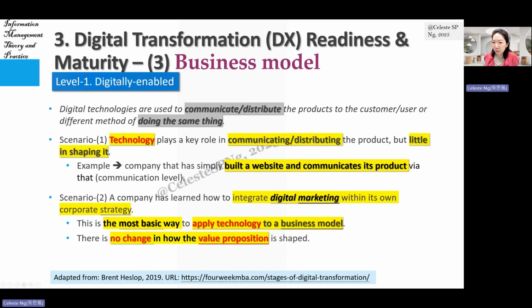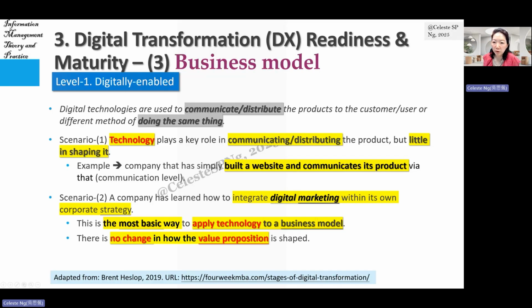As for the first level, level 1, digitally enabled business model. In this case, the digital technologies are used to communicate or to distribute a company's product or service. All right, and it does not provide a different way of doing business. In short, it's simply a different method of doing the same thing. Under this digitally enabled business model,